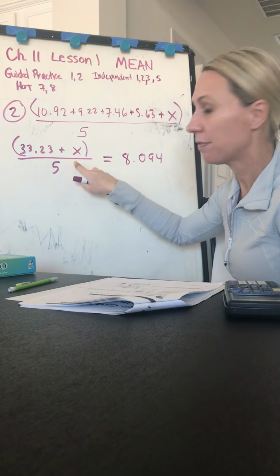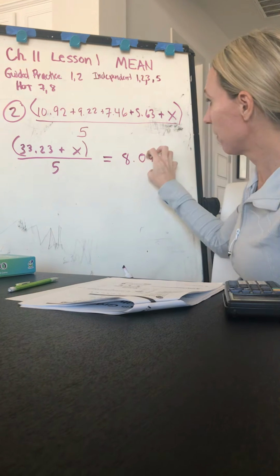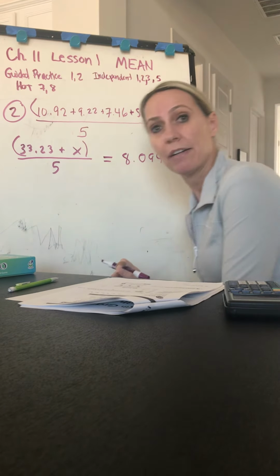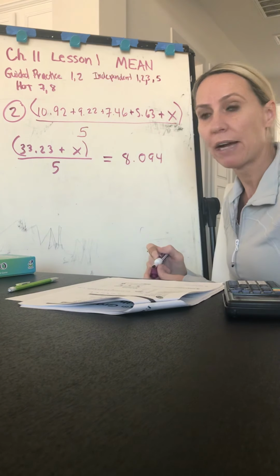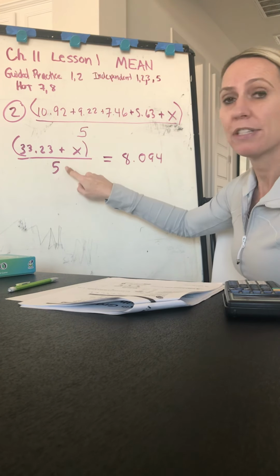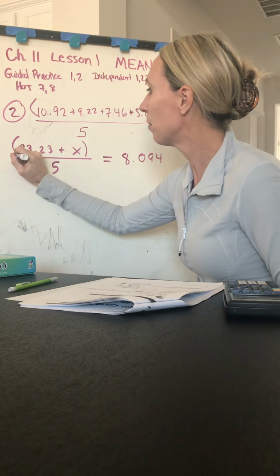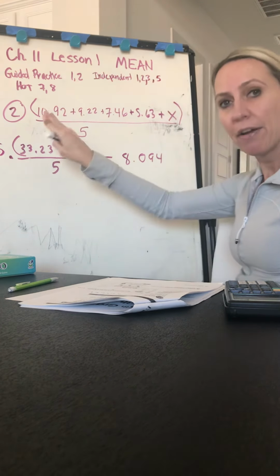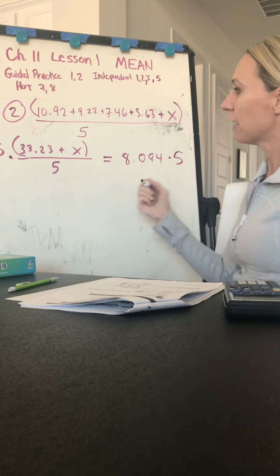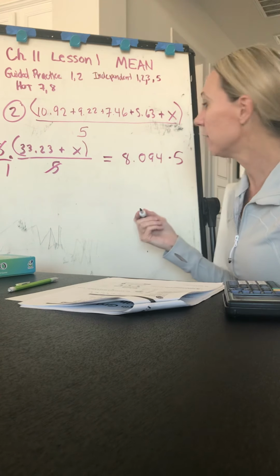So the first thing I'm going to do, because I want to get this X by itself, is get rid of this 5. I'm going to take this 5 and move it over to the other side, and then this 33.23 and move it to the other side. How you do that is you're undoing the equation, so you're basically working backwards. And this is what algebra is. This is a division sign, so what you do is the opposite or inverse operation. If this is being divided by 5, you do the opposite, which is multiply by 5. And whatever you do to this side, you have to do the same thing to this side. So we're going to multiply this side also by 5. Now those cancel, and that's what we wanted. So I'm left with